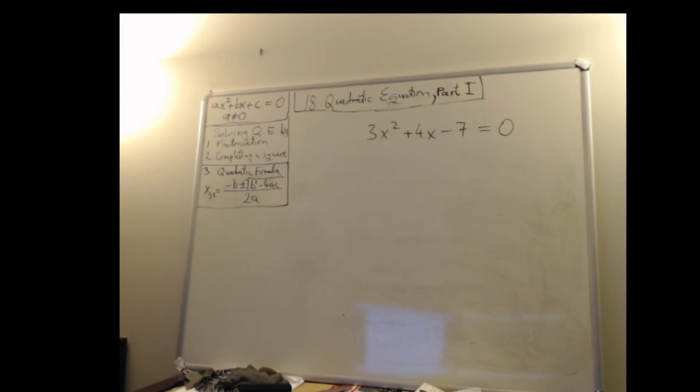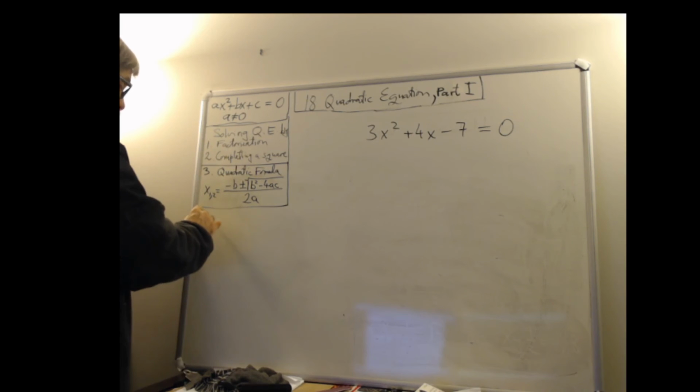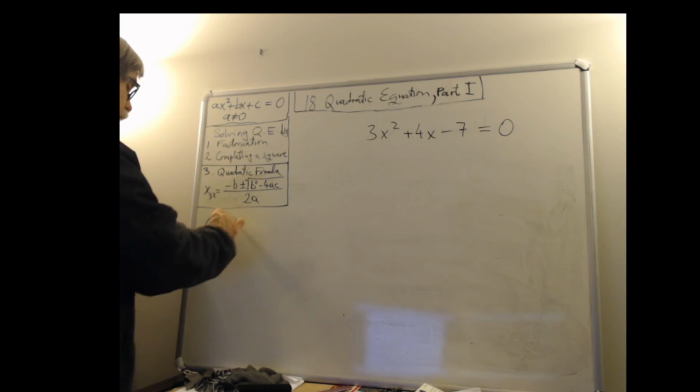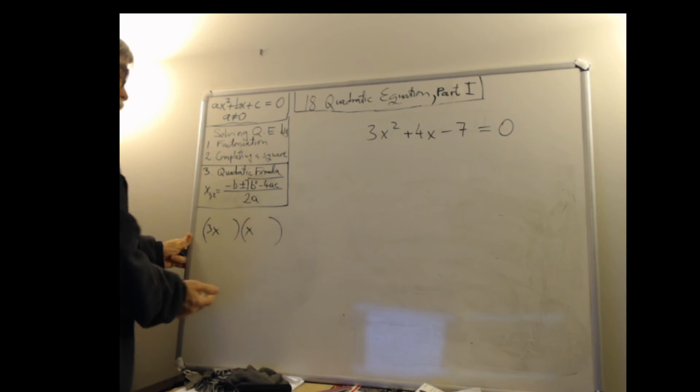You could solve this by completing a square. You could also do this by factorization. I have some very simple example. As a matter of fact, factorization is relatively easy. So you have 3x and x, and you have